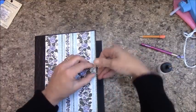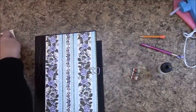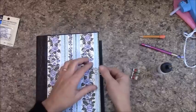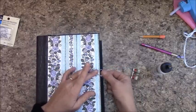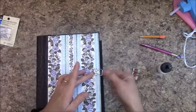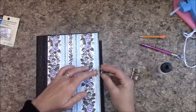So all we're going to do is place this down. Actually, grab the other side of it. This is what I like to do. I'm going to get mine centered in there pretty good. So I like to bring mine all the way in, but just leaving enough room for this to slide through